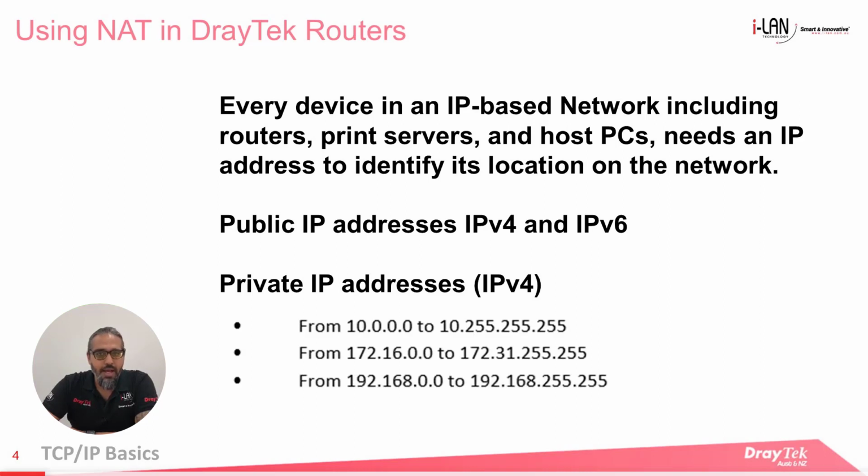Down the bottom here are the private IP address ranges, which are reserved for use on internal networks. Different sites may use the same IP addresses over and over, as long as they do not communicate directly to other networks. But if different local area networks do need to connect together, for example, when using VPNs, then it will be necessary to have a different set of IP addresses on each LAN or use address translation.